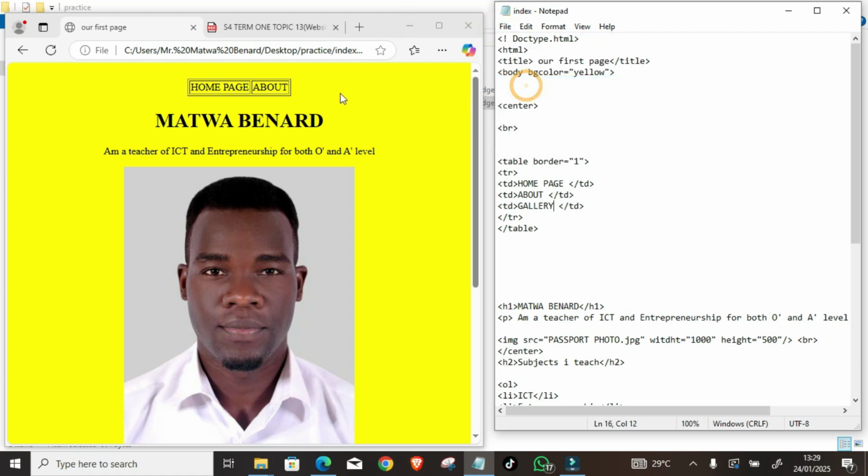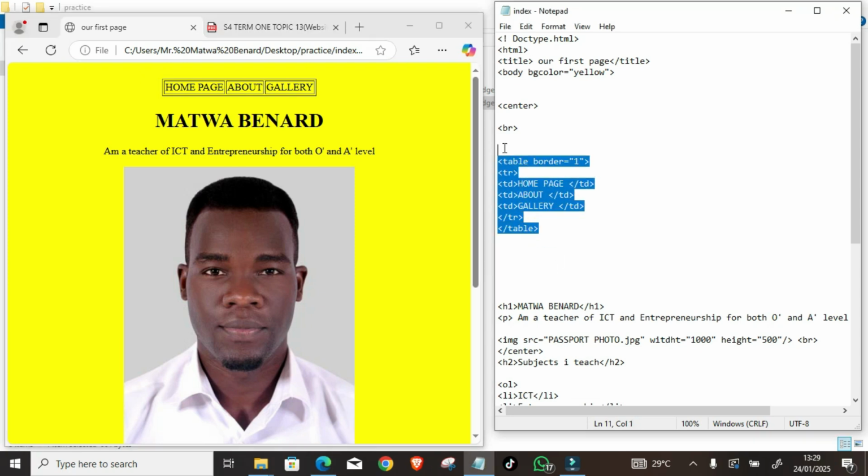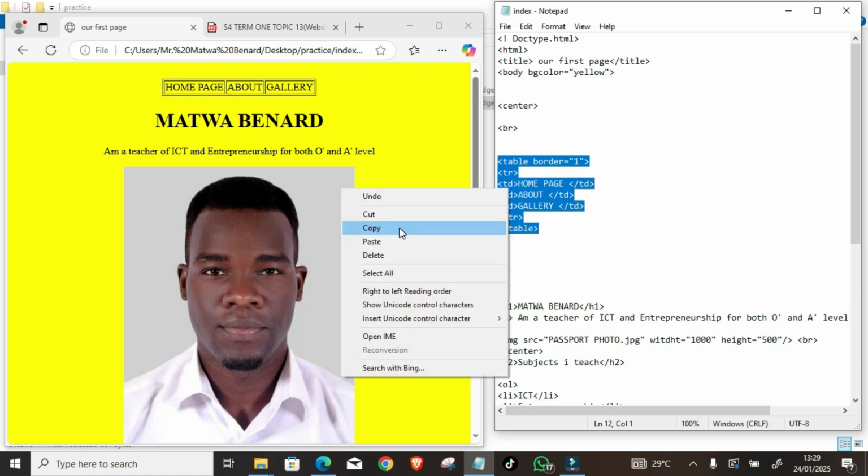After you save, another one will be created in this row. Just refresh, you see the gallery comes. So I want us to do something still in tables, like creating more rows to make a reasonable table. And just copy this, but for this case, let me put it on top, and I'm going to define creating more rows in